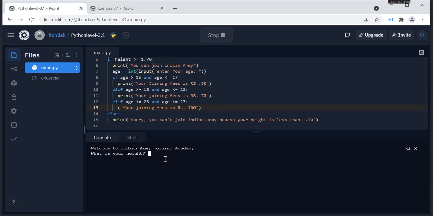My height is 176 and my age is 29, sorry, 26, sorry. My age is 26, and then enter, then it prints.